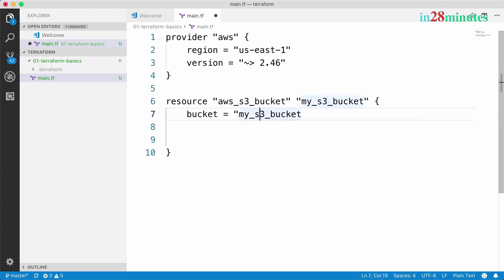The thing is, as we looked at earlier, underscores are invalid characters in the bucket names which we are creating in AWS. That's why we have to use hyphens. So my-s3-bucket, and add in things that would make the whole thing unique. So I'll say in28minutes-Ranga-K-001. You can add anything that you think will make this entire thing unique. So we would want to create an AWS S3 bucket with this specific